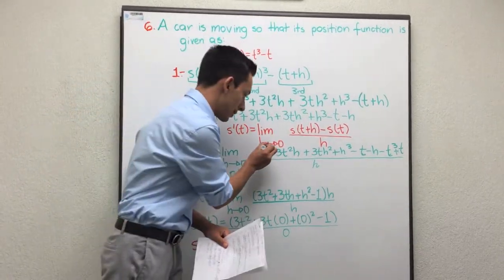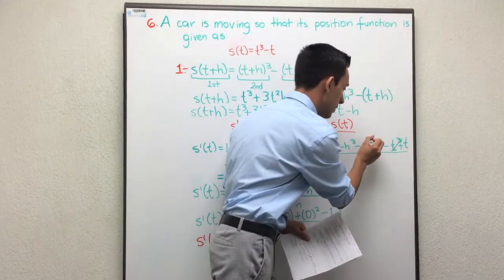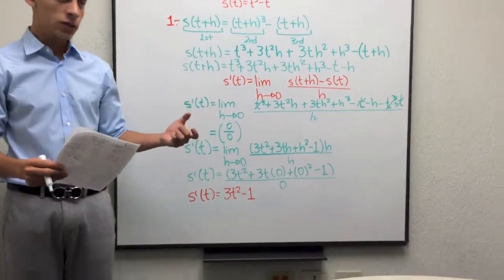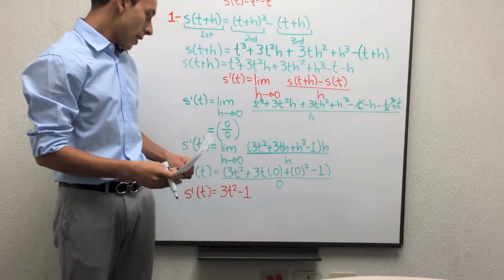Now we can eliminate this t cubed with this t cubed, and this t with this t. And now we have to substitute when h tends to 0, and we have 0 over 0. Then we have